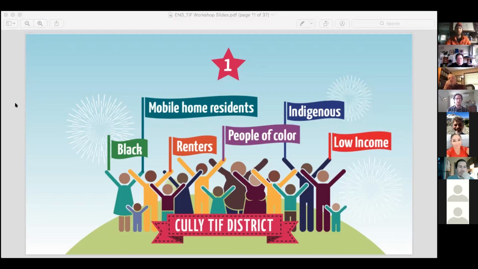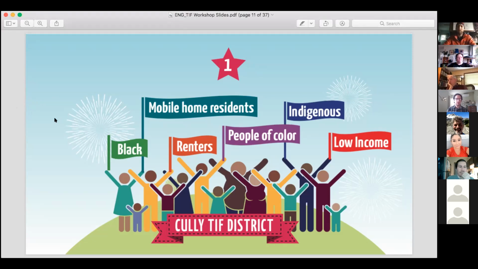And then beyond the content of the plan, those same voices need to be front and center in decision-making and leadership that happens over the 20 years that this district will exist. Because the district plan is not going to be able to anticipate what every dollar will be spent on over the next 20 years. There needs to be a decision-making system that is established in the plan that lays out 15 years from now, how will it be decided exactly what projects get funded in that year and in the next 5 years from that point on, because we can't always anticipate now, 20 years into the future, what the